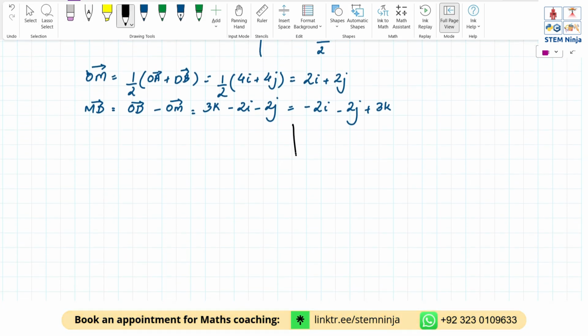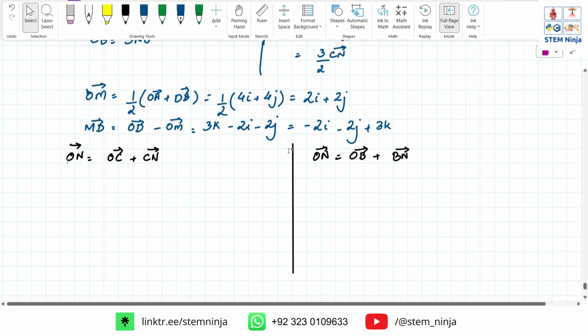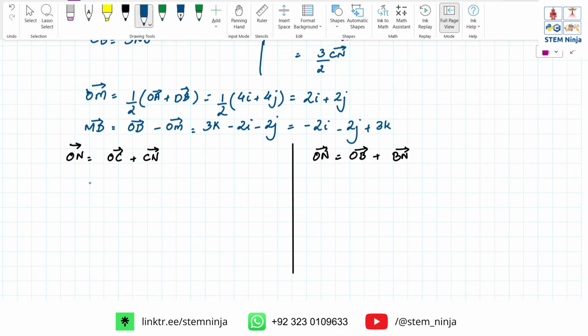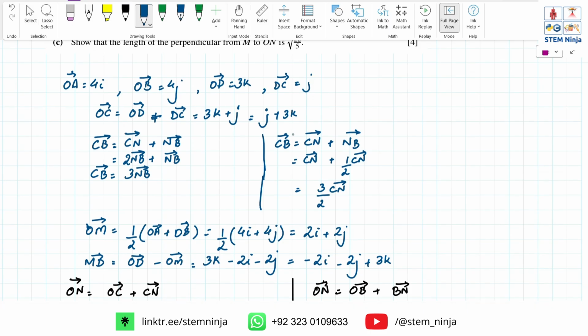So let's put a partition in the middle. So ON, first let's go to OC and then CN. The other way would be OB and BN. Either way, we're going to get the same answer, but just for the sake of practice, we're going to see alternate descriptions. OC, we found the vector for that, j plus 3k,